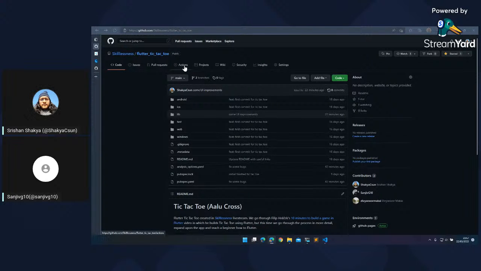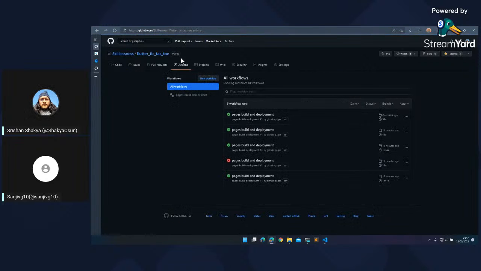I also had many things planned, but due to difficult circumstances, we can also use GitHub Actions to automate